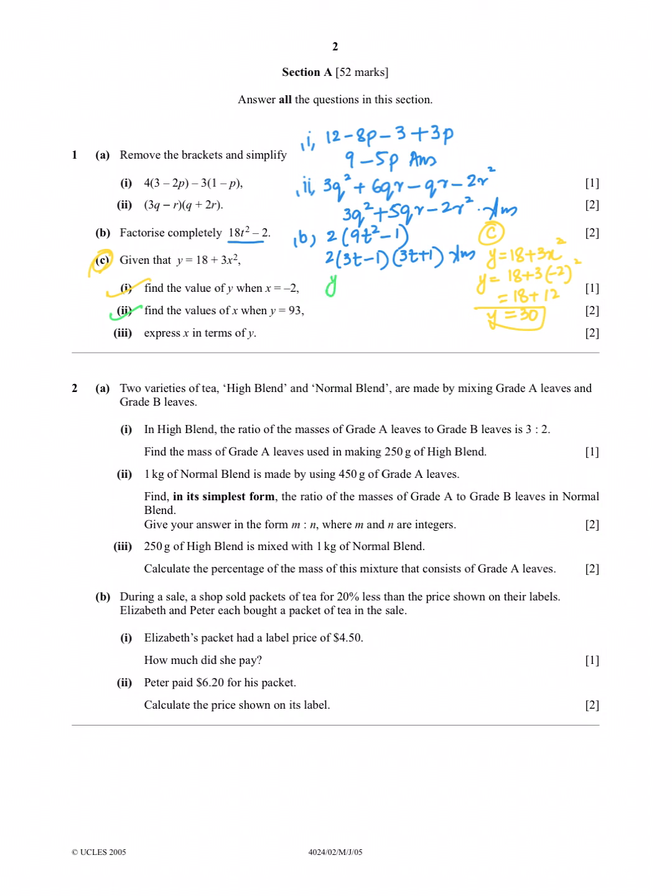So you have y equals to 18 plus 3x square, y is 93, so that will be 93 minus 18 equals to 3x square. Subtract, it will be 75 equals to 3x square. You need to divide it by 3, so 25 equals to x square, and x equals to plus minus 5. That is your answer. And for last part which says that express x in terms of y, so you have